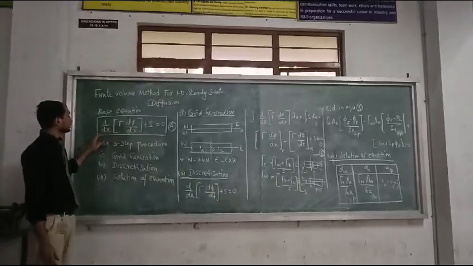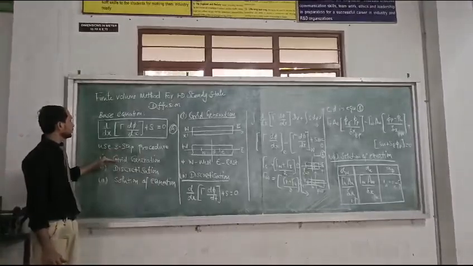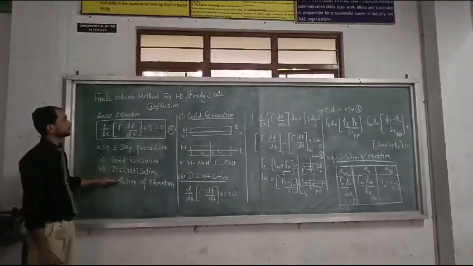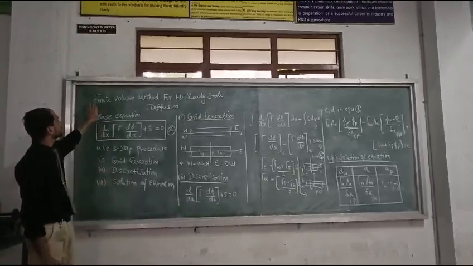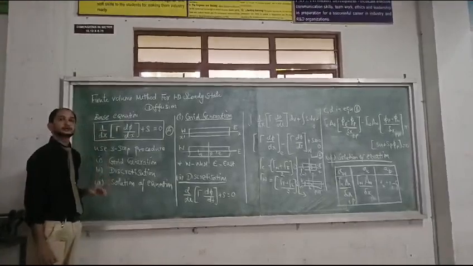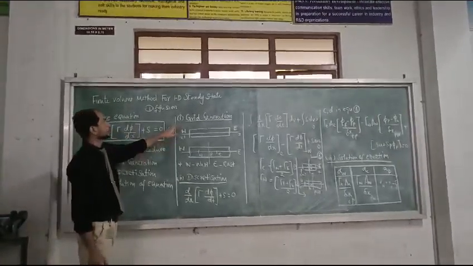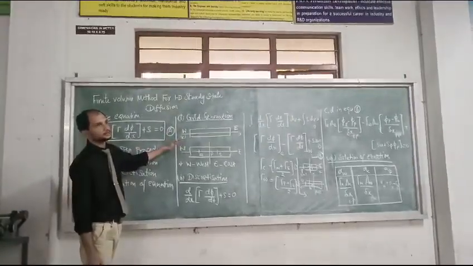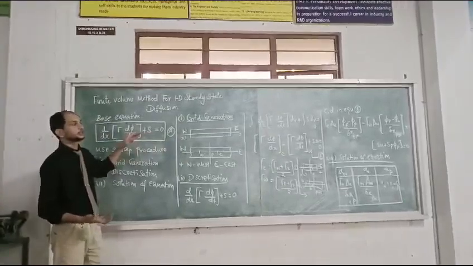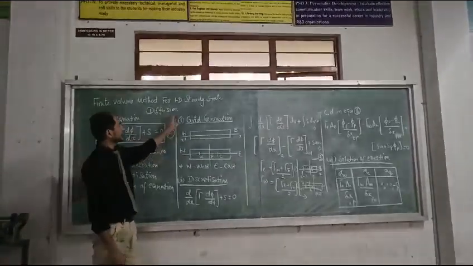In this process we are going to follow a three-step process: grid generation, discretization, and solution of the equation. First of all, you should know what the finite volume method is. In the finite volume method we divide the domain into a number of equal components in any dimension like 1D, 2D or 3D. The part that is capable of filling the system is called a control volume. So here we take the control volume as 1D.